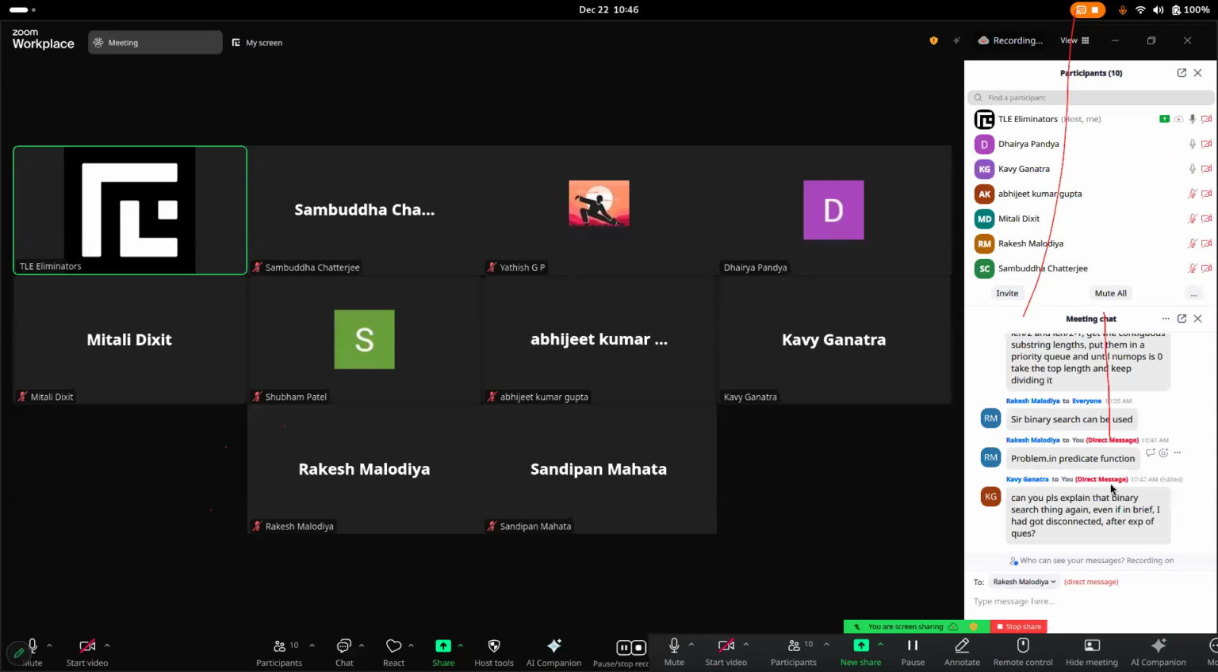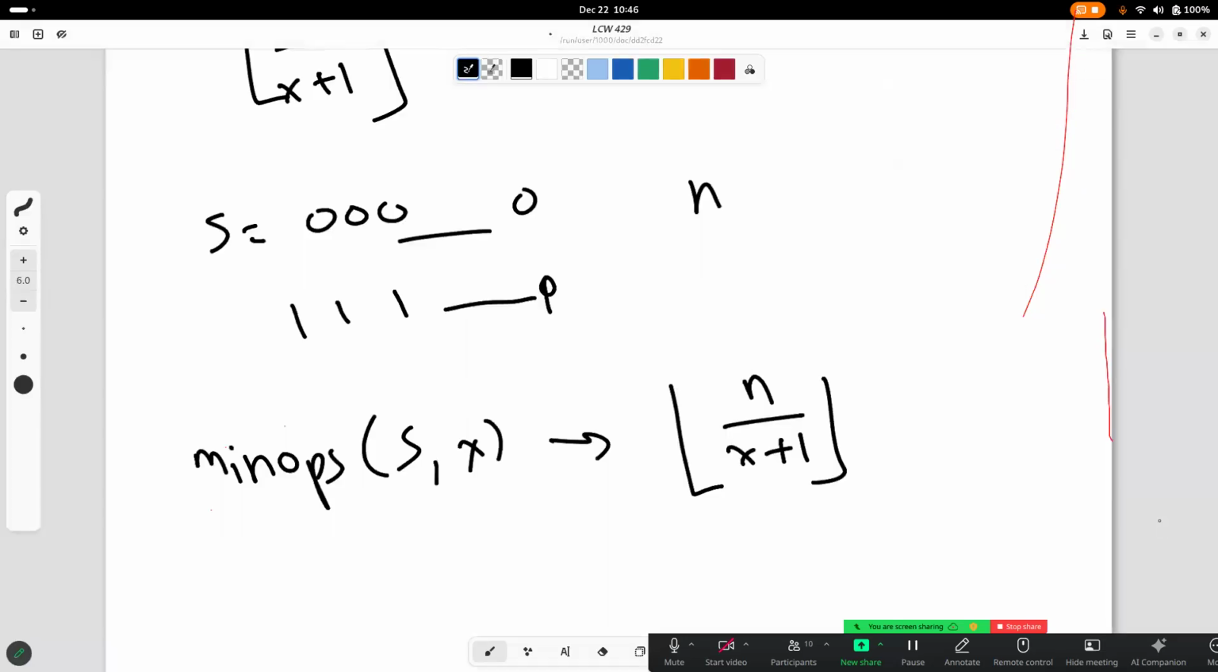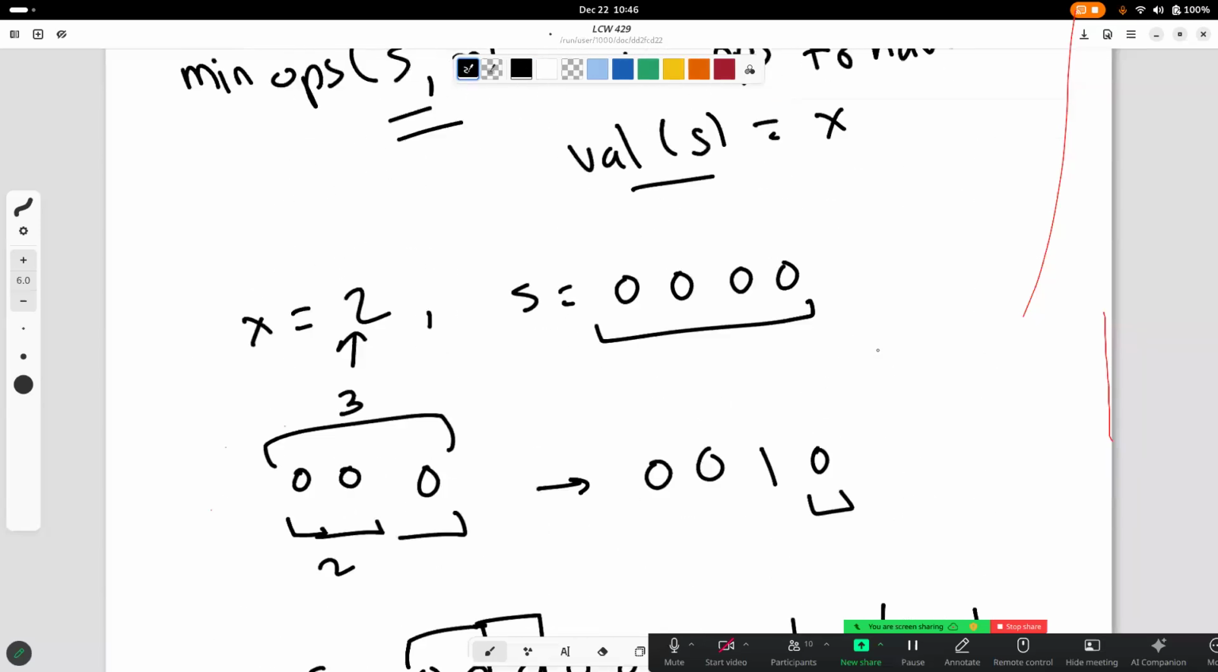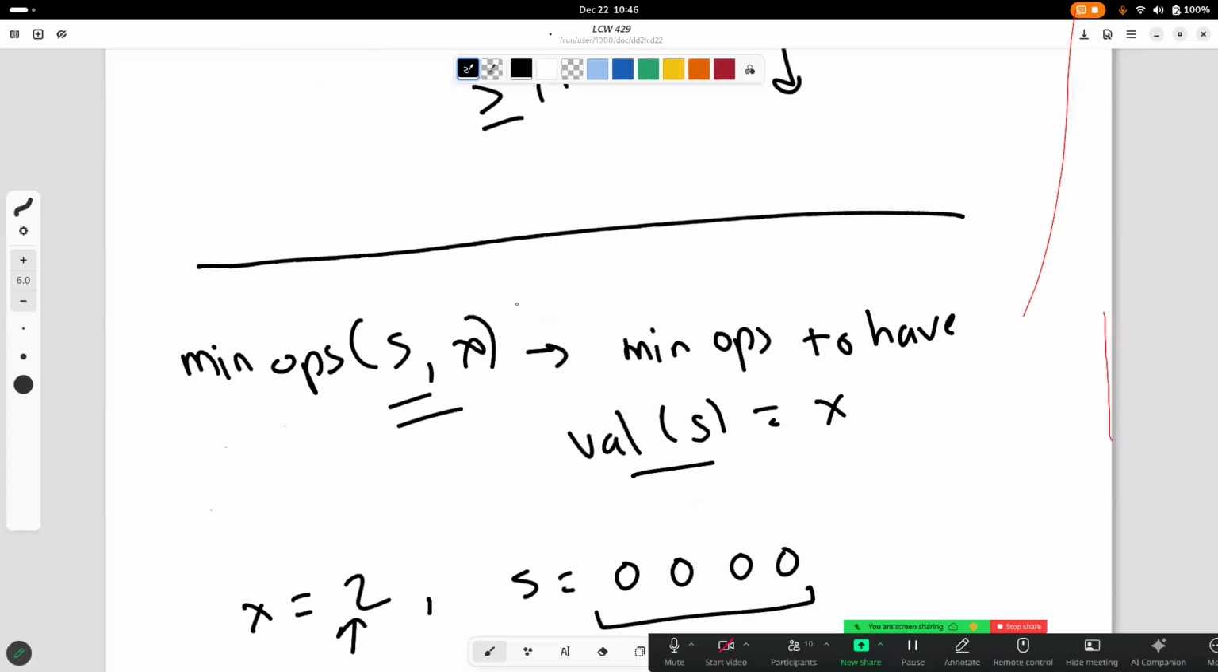Any doubts? Please. Explanation of question. Okay, so in the binary search part, basically what we are saying is, we're trying to use this function: what is the minimum number of operations that I need to make the value of S equal to this X,